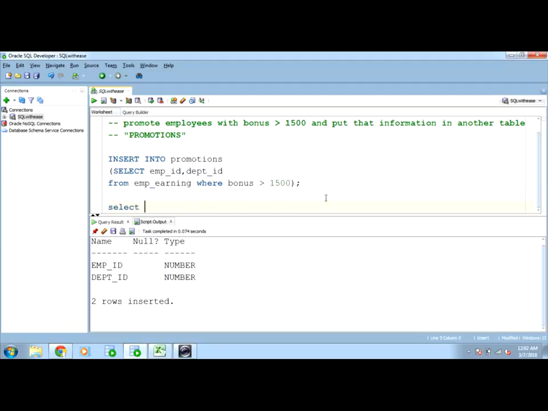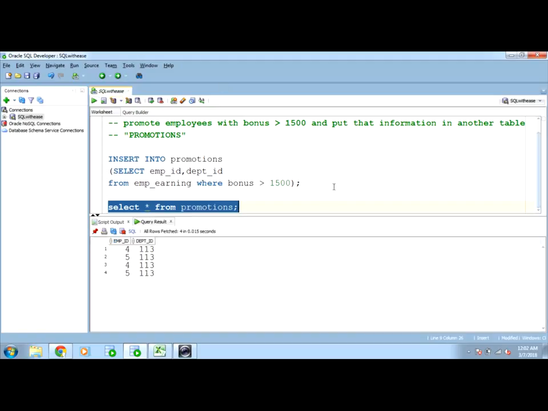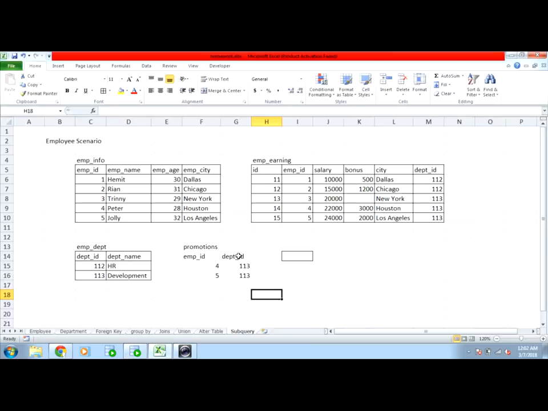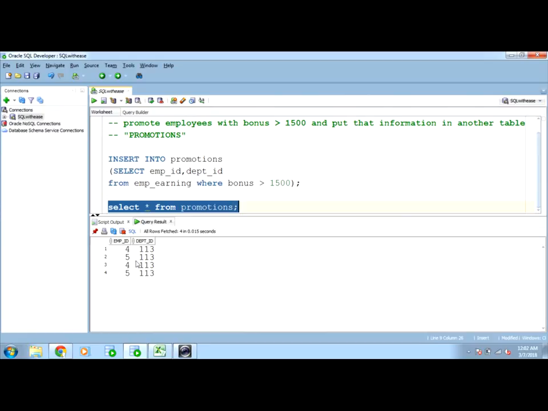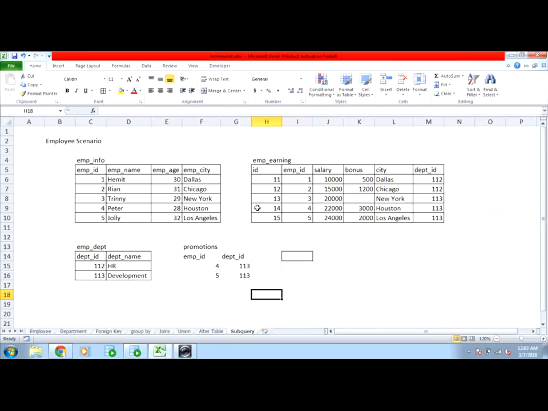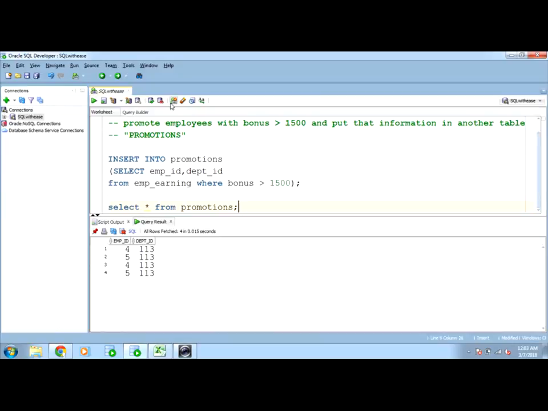Let us check which rows are there. Yeah, we have, I must have clicked it two times, so it inserted the records twice. So 4 and 5, both the records are inserted. This was the purpose. Later on, let us move ahead and see